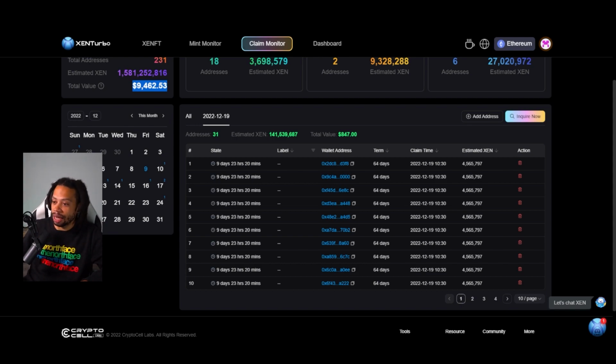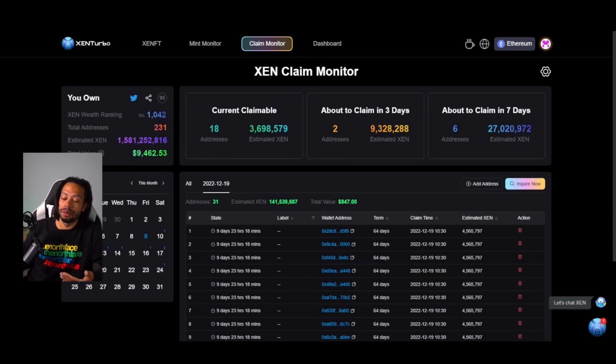So that every day and all day, every day, I'll have some Xen to mint. You see, I'm taking that risk now, and I can see now that I got some numbers right here, I feel a little bit more confident. I can say, okay, well, this is probably going to drop down. I remember how much I spent. This is probably going to drop down. But if I keep doing it, which I'm going to be doing, I don't know if I'm going to do it. Let's do it because I want to show how